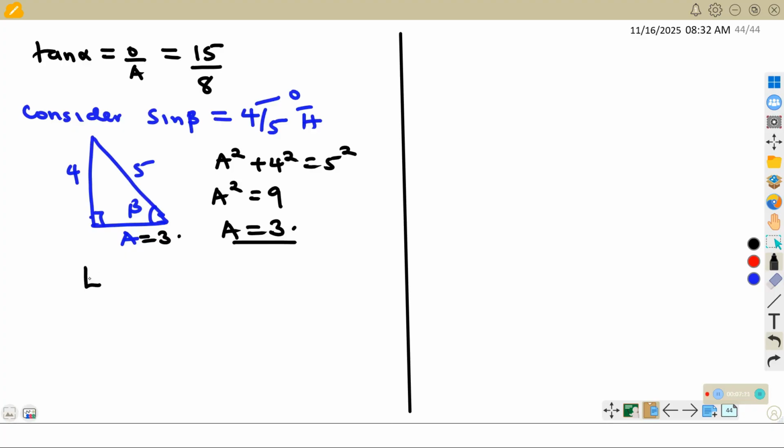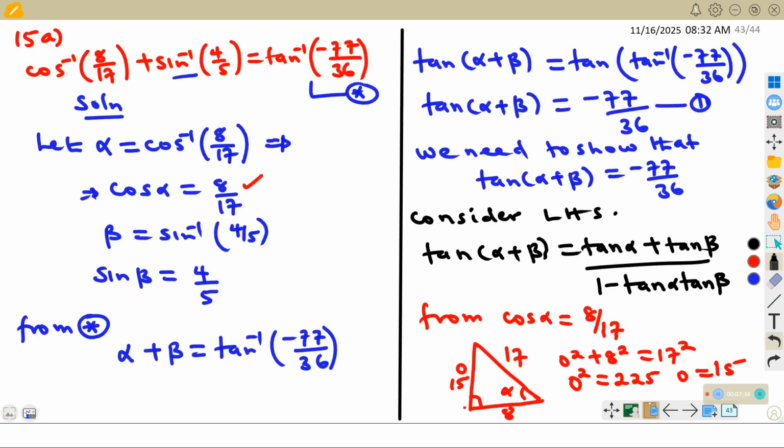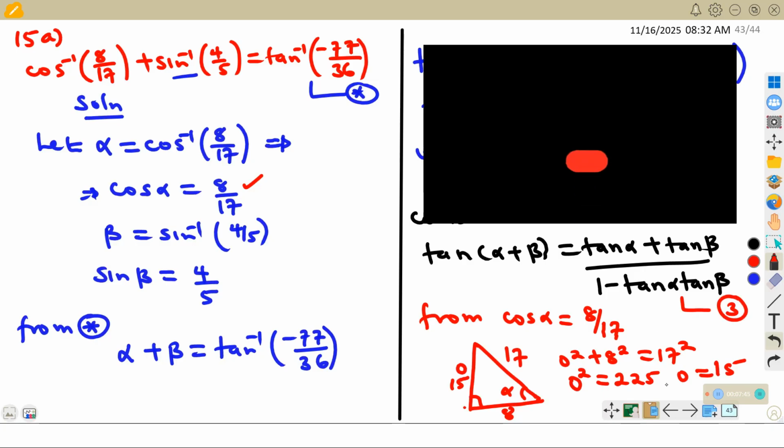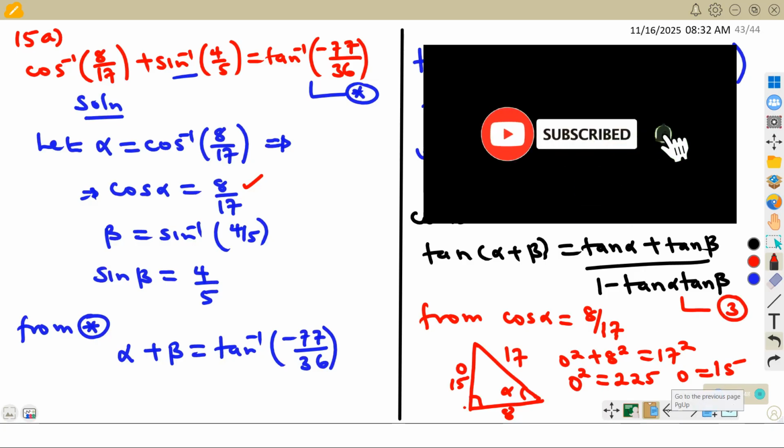So from here we can get tan of beta, and the tan of beta will be opposite, which is 4, over adjacent, which is 3. So we have got tan of alpha and we have got tan of beta. For that case, let us refer again to this given expression. Let us call this one equation number 3. So from equation number 3,